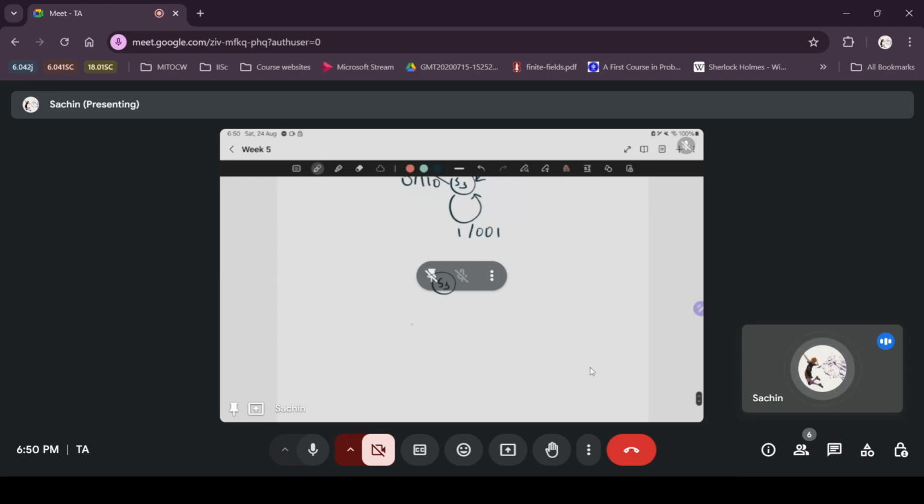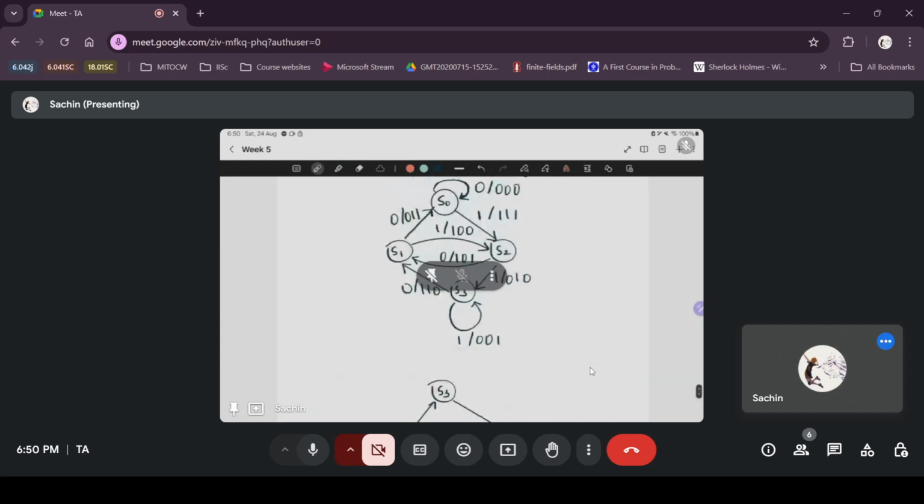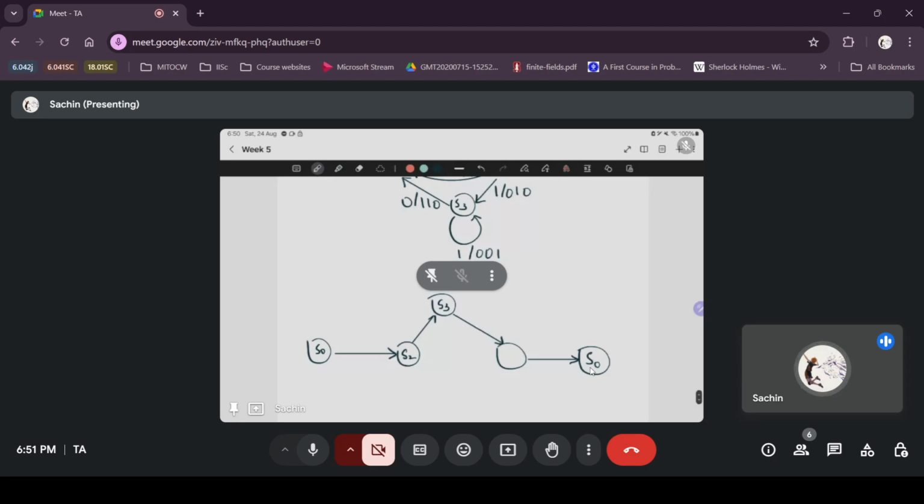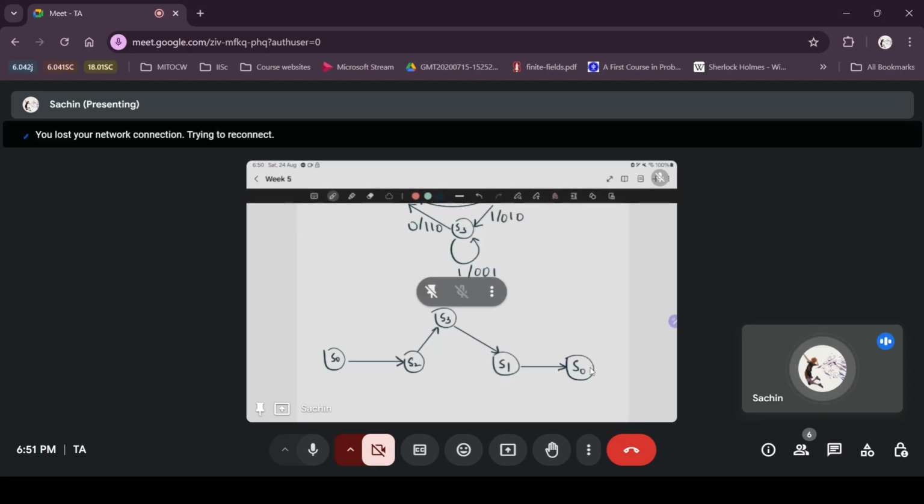So if people are still unfamiliar, what we are doing is this 0 back to 0, we are splitting it in two. Writing from S0 all the ways you can go back to S0. So from S0 you can go to S2, then from S2 you can go to S3 or S1. From S3 you can go to S1 or you can stay in S3 itself. From S1 you can go back to S0. Now we'll write labels on these branches,